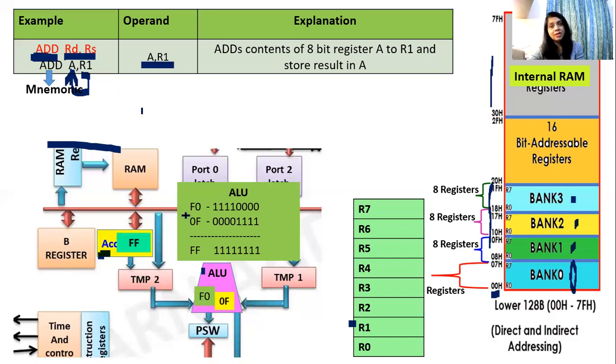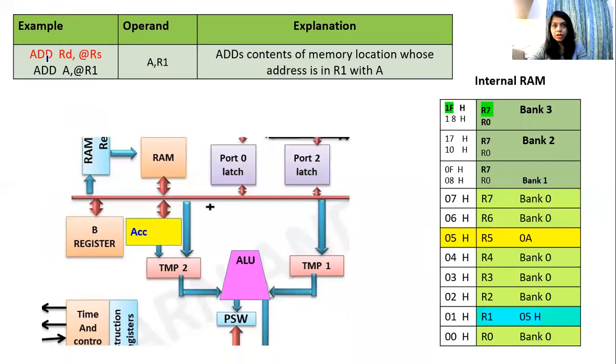So instructions are divided into two parts, that is mnemonic and operand. This English-like word which describes the instruction is known as mnemonic, and this part is known as operand. Every mnemonic has its unique hexadecimal code which is known as the opcode of the instruction. Remember, every instruction has its unique hexadecimal code which is known as the opcode of the instruction. Now let's go to the next instruction.